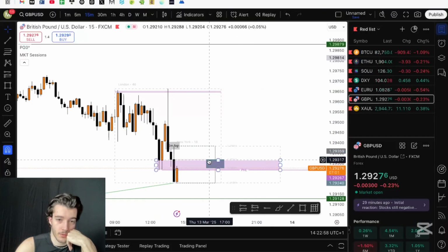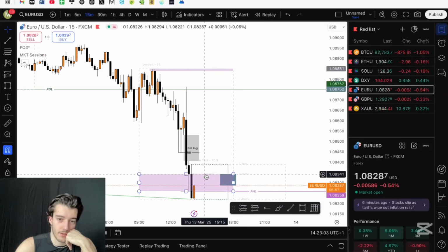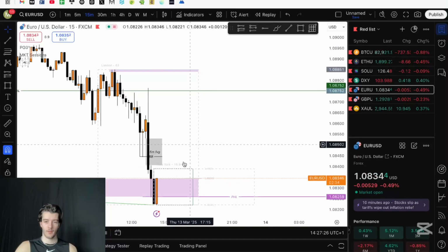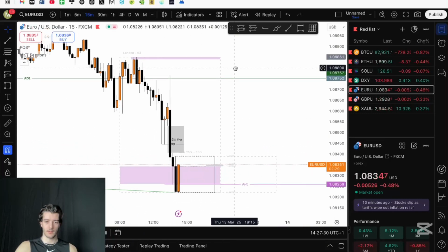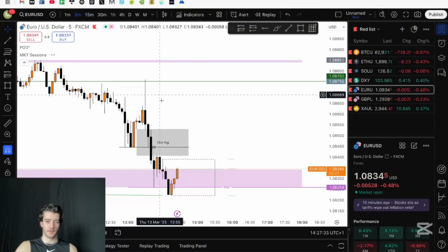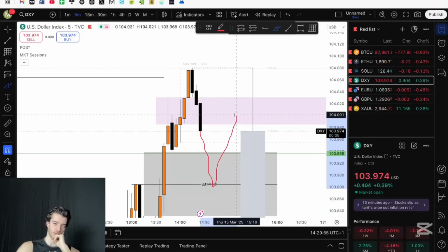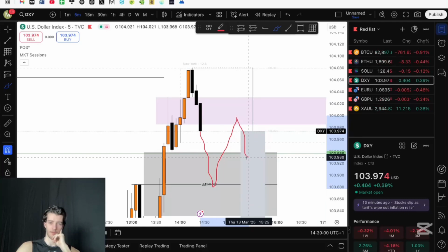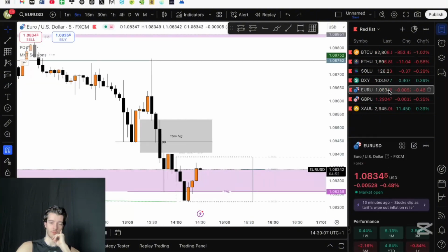If we would close a 15-minute candle above this pink range, that also invalidates the short idea. Euro is trying to form an engulfing bullish candle here. An engulfing 15-minute candle. What I want to say is dollar come back here. Come back up here to equilibrium. Respect these fair value gaps that are currently forming on the 5-minute. And then I see a 5-minute close out of a fair value gap with a bearish body. That's when I'm gonna enter with a long on GU or Euro.